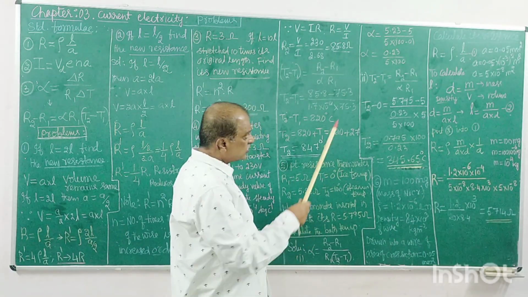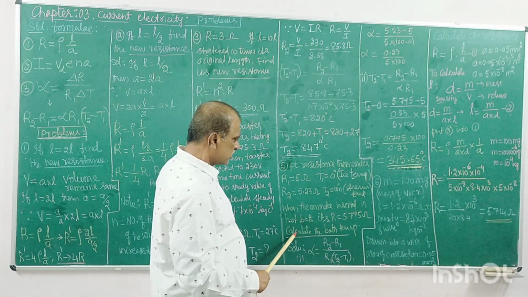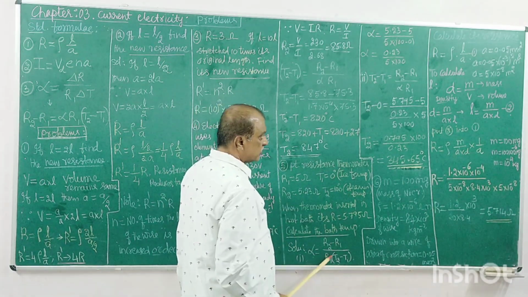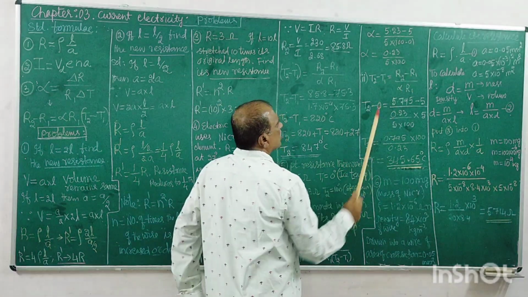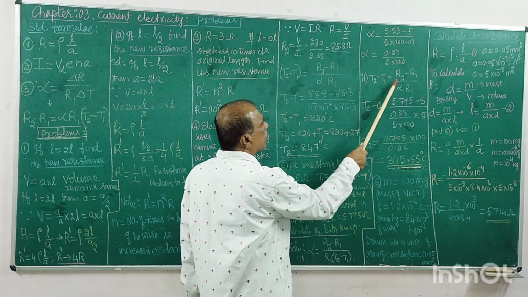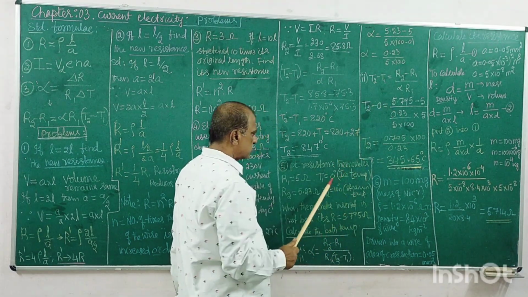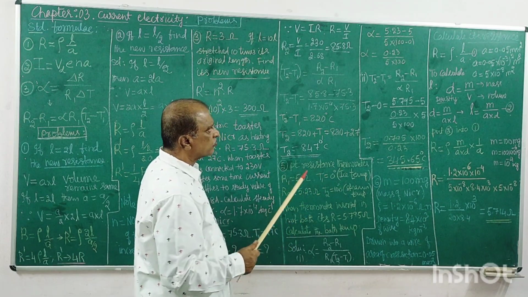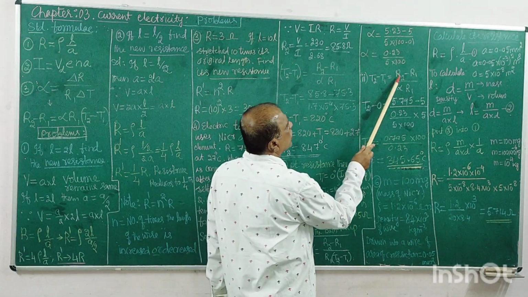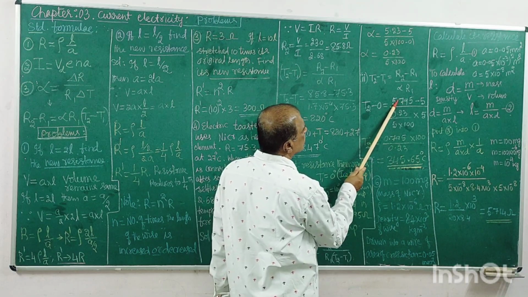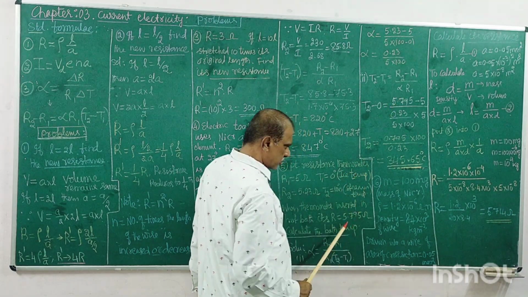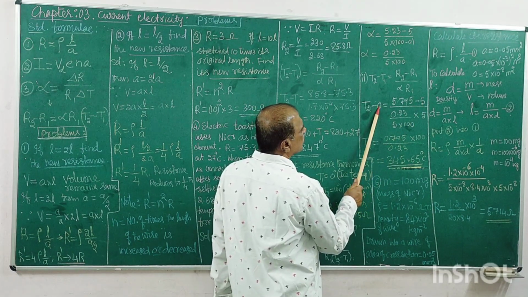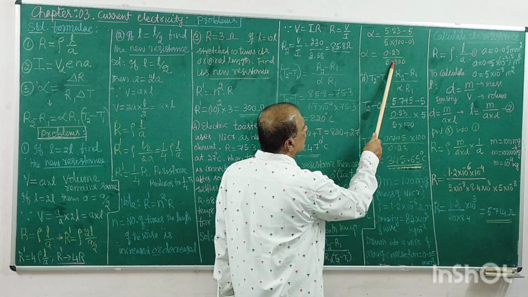And next is using the same equation, calculate what is T2. You can write in same equation. Now you can take T2 and R2, and T1 R1 as this, any one of them, either this or this. You can take this R1 R2. So R2 is this, resistance is given, and R1 is this, then temperature is given 0, and alpha what we calculate, this